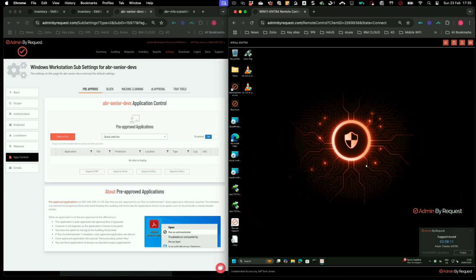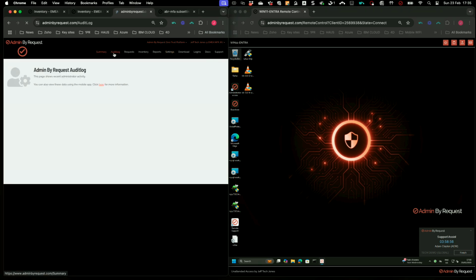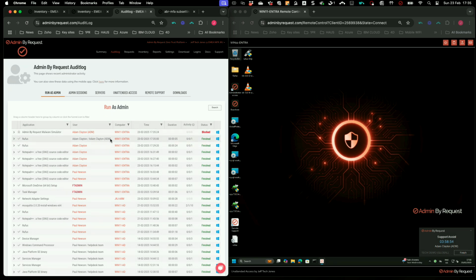And this OPSWAT system can have up to 20 different AV engines. So it's giving users more admin with Admin by Request, but with separate credentials, and with so much more protection. And let's also not forget the extra auditing you get as well. So this is so much better than using a permanent administrator account on the side